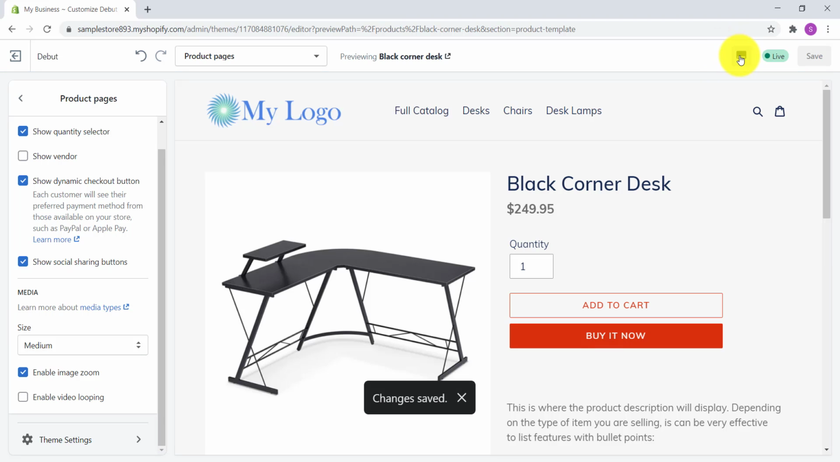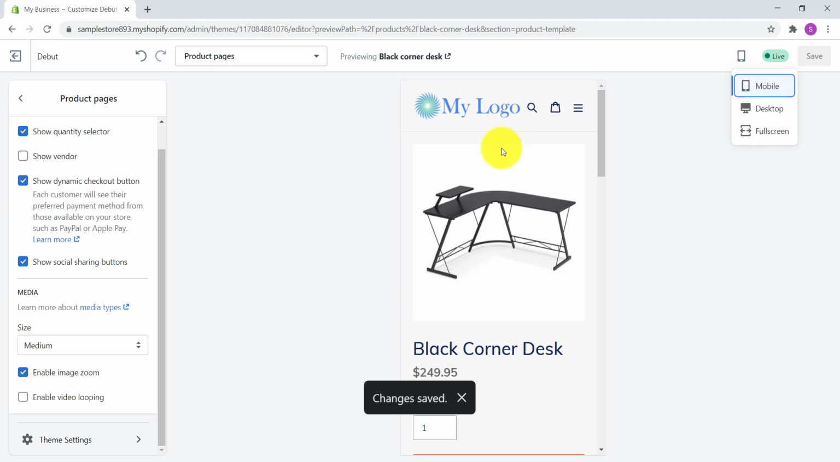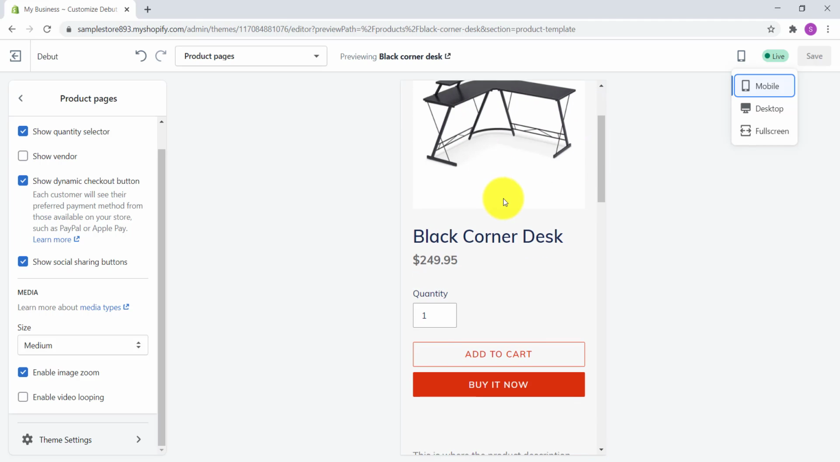Don't forget to save and preview on mobile. Mobile will again stack